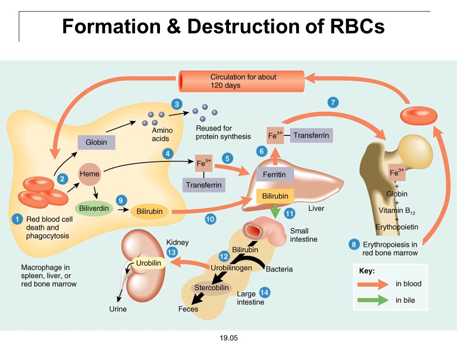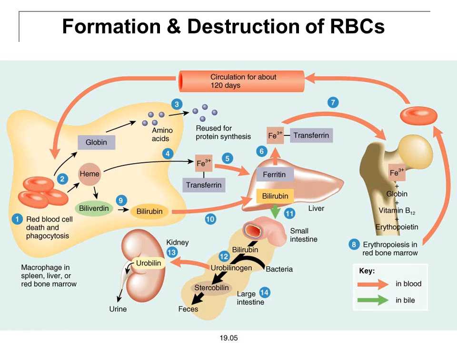So in that number 8, which I said the iron will be transported from the liver into the bone marrow that is found in the bone. So the iron 3 will combine with the globin, which is the amino acid that has been gotten from the hemoglobin part, with vitamin B12, and the hormone erythropoietin will now regulate the production of another red blood cell, which will now be released again to circulate for about 120 days,